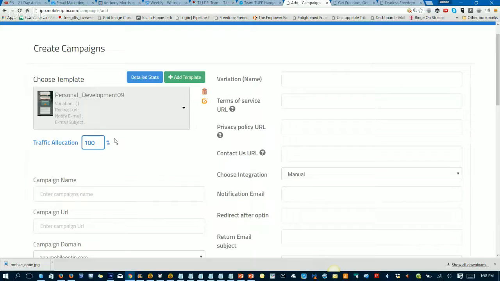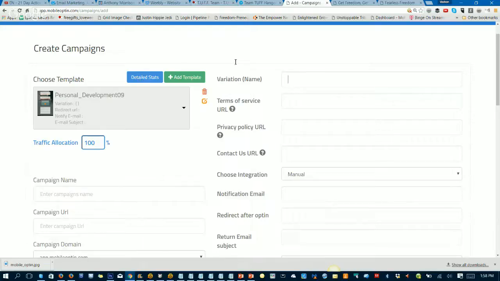It'll randomly show them, and then you can see which ones are getting the highest click-through rate and turn off the ones that aren't performing as well. I recommend you leave all 3 of them up for at least 48 hours, and that'll give you a pretty good idea as to how many people are seeing them. You should have a minimum of 100 people see them before you start turning them off.